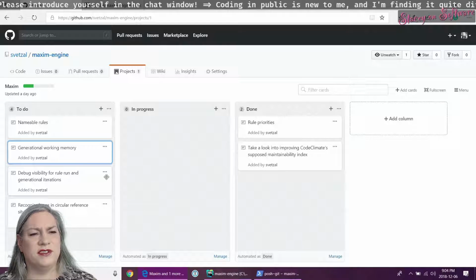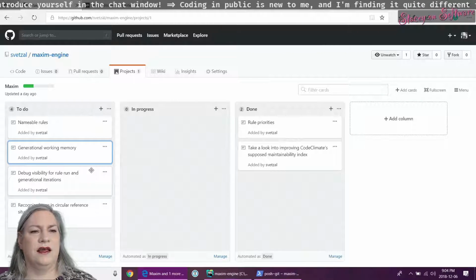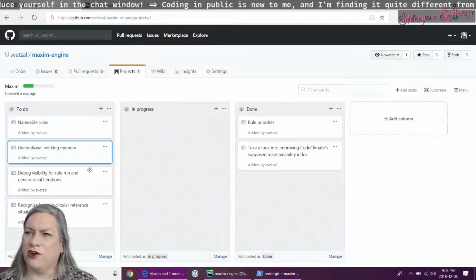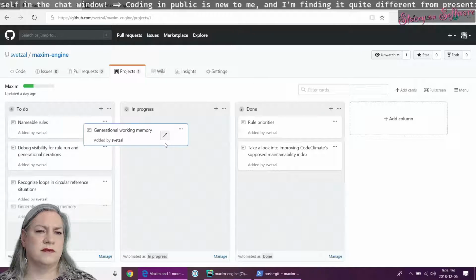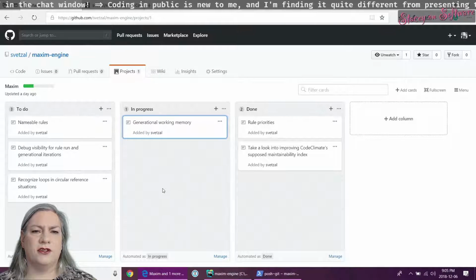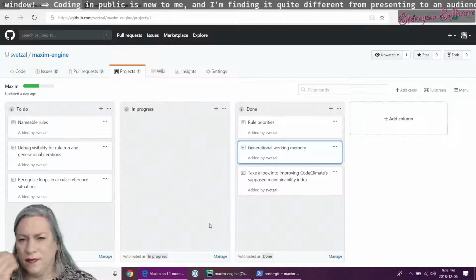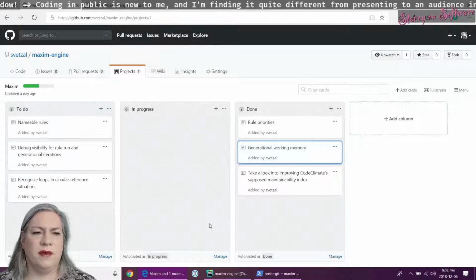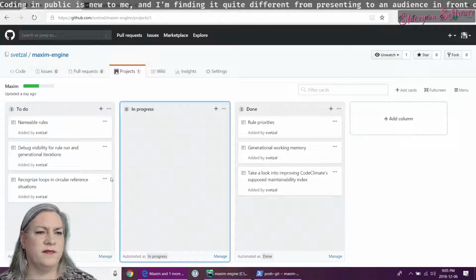I have this one, generational working memory. I kind of already did that. Now that I'm recursive and all of that, I think I got a twofer with rule priorities there. The instrumentation of it might be a little different, but we'll see.